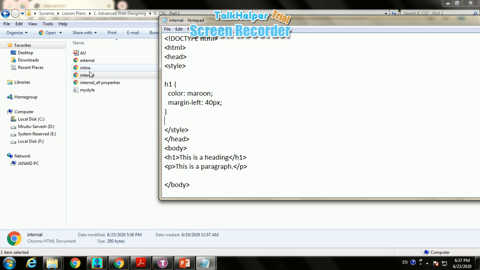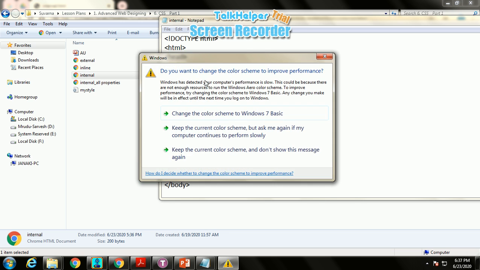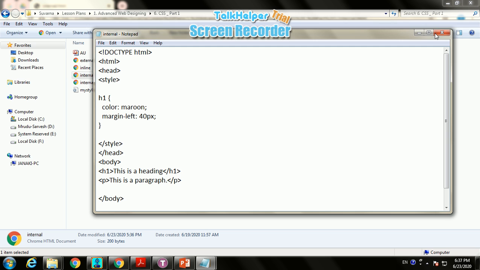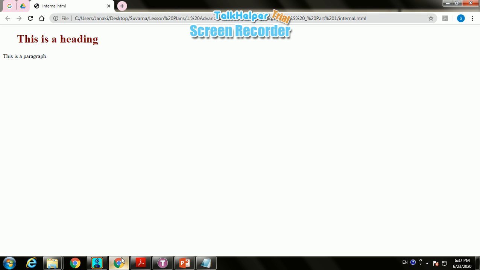Okay, what is the difference between inline and internal coding? In inline coding I used the style tag under the body and after H1. H1 style, P style, like that. That is for inline. Now we are using internal. In internal, we are using the style tag under the head, and under the style tag we provide the H1 effect as well as, if required, the P effect. Okay, is this clear? This is for internal CSS. Its output will be like this.